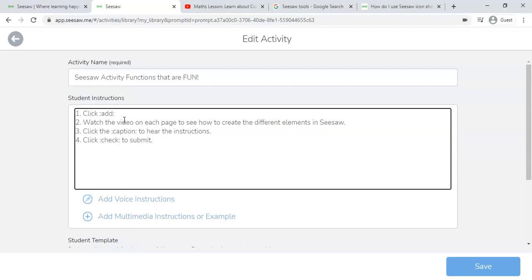These are some basic instructions. I just kind of wanted to do it this way just so you can see what they look like. And I am going to hit save. Usually I would continue adding on, but I'm just going to hit save because I just want you to see